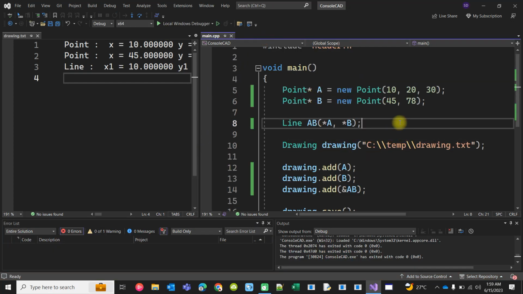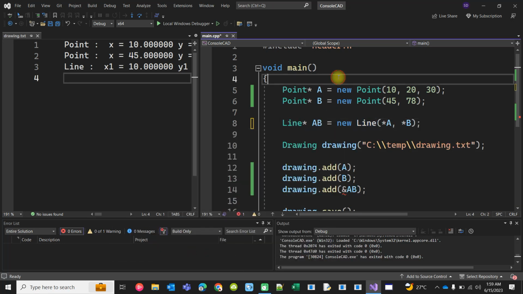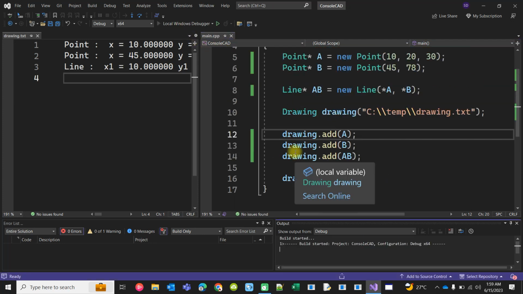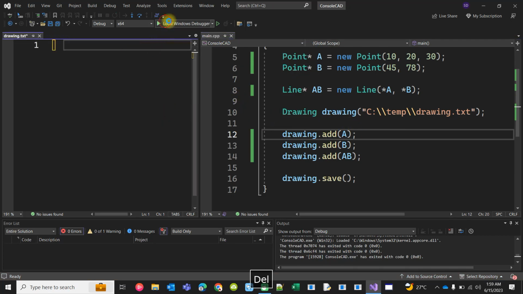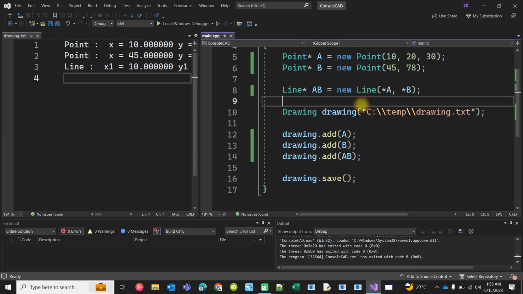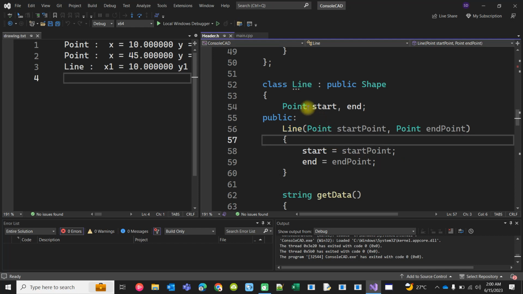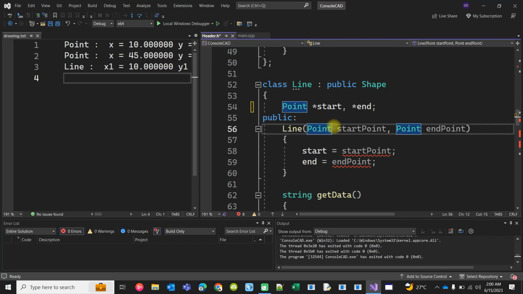When we are taking the point as a pointer, we can also take it for line, right? And at this stage, we have to write new line. So far, so good. It works. When I delete, it will populate the data. Now, if we are doing it with pointers, let's make it explicitly a pointer here also, and we'll also be taking a pointer here,